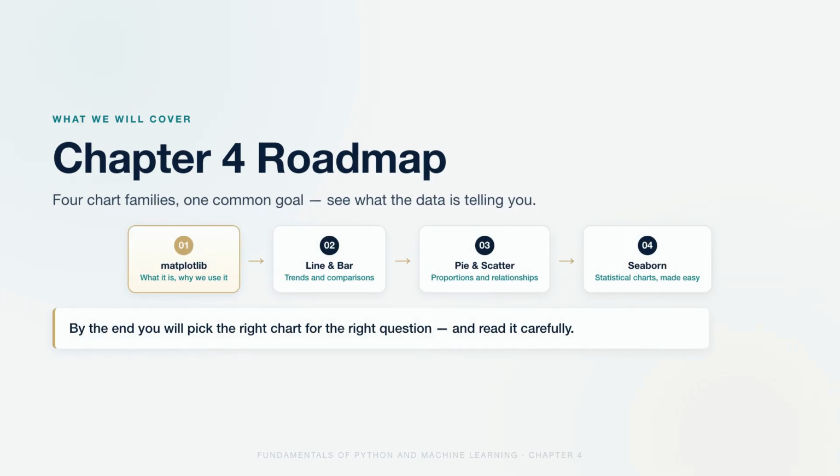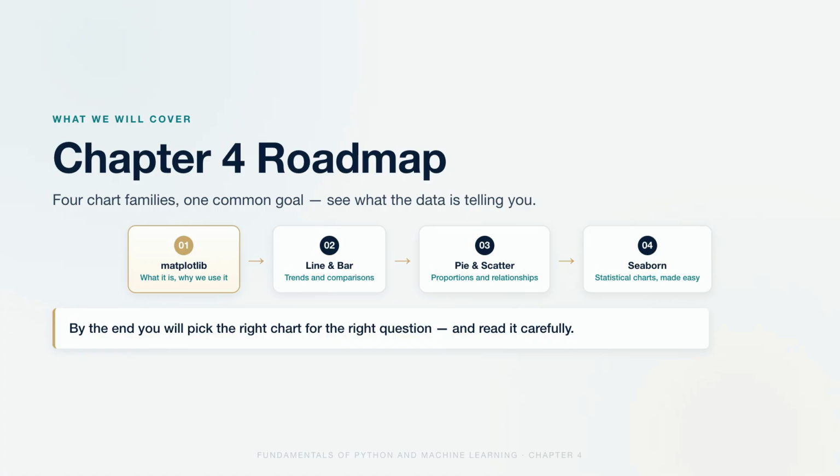This chapter focuses on several important visualization topics. First, we will discuss what matplotlib is and why it is useful. Then we'll look at line charts, which are often used to show trends over time. Next, we will study bar charts, which are useful for comparing categories. After that, we will cover pie charts, which show parts of a whole. Then we will look at scatter plots, which help us explore the relationship between two numerical variables. Finally, we will introduce Seaborn, a visualization library that works well with pandas and can make statistical charts easier to create. The goal is not just to create a chart; the goal is to learn how to use charts